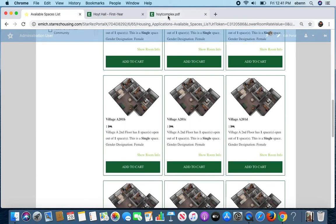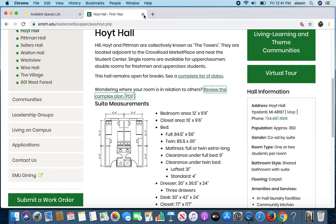Alright, so again, that's where these complex plans come in really helpful. So I'm going to open up Village